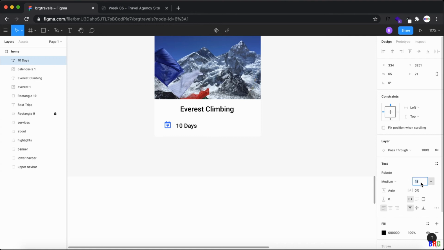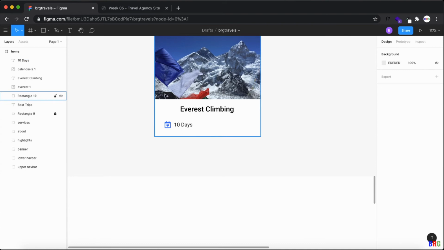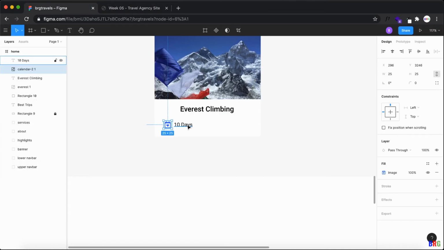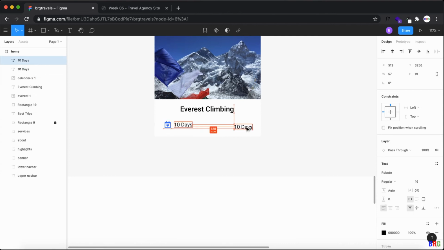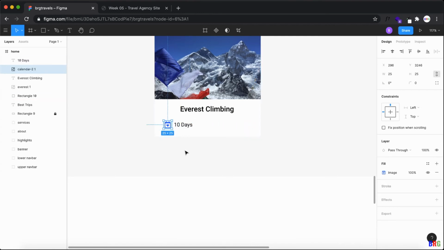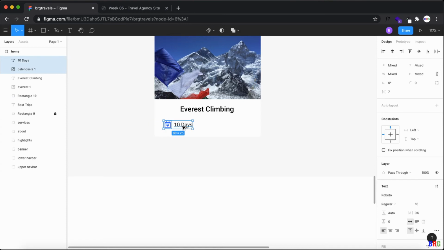18 is also quite huge. 10 days and regular. Okay, and then use it here. Okay, same, I will do copy and then Alt and right shift. Only text got selected. Copy the icon and text. It's a shift, then copy icon, then text, and then Alt, and then drag it to the right.